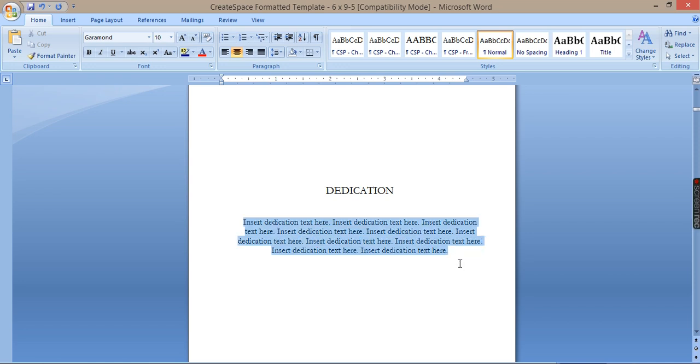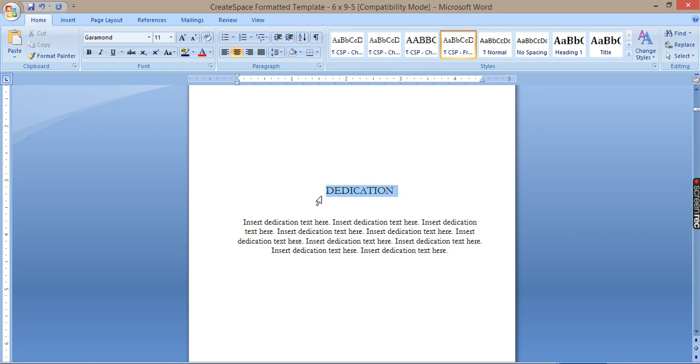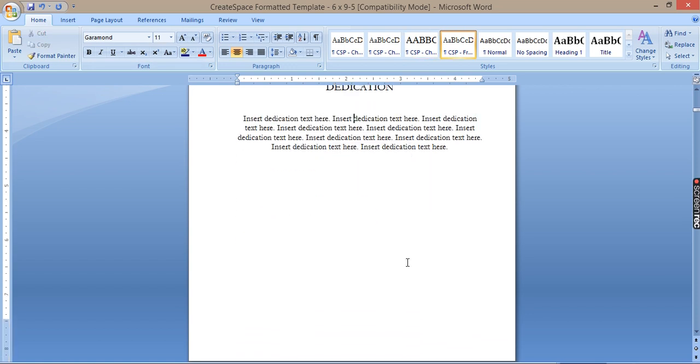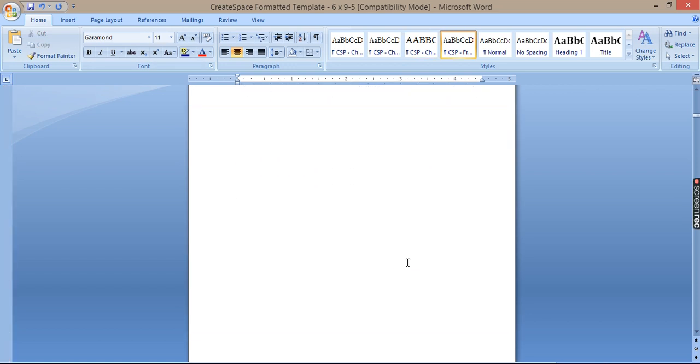You can type in whatever you want here. In fact, if you want to change the color of this one, you can change it, but then basically that black is fine.